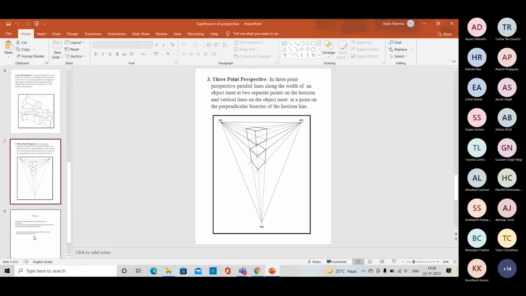This PPT I already uploaded on iCloud. You guys can download it from the iCloud. And today I have a task. I already described 1-point or 2-point perspective to you many times. If you have any doubts on 1-point or 2-point perspective, then ask me. 3-point perspective we will begin in the next session. So today you have to understand the geometry of 3-point perspective. Just try to copy and paste it.